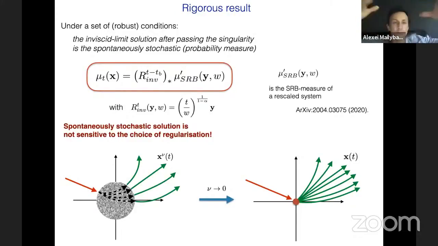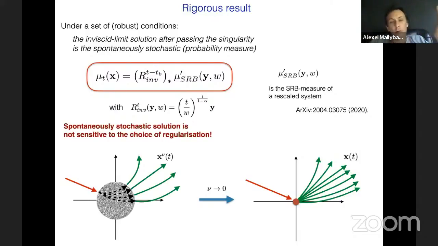Whenever you have a regularization which is random, and which maps, inside that very small ball of radius nu, the original point to some absolutely continuous probability measure, which is inside the basin of this chaotic attractor,